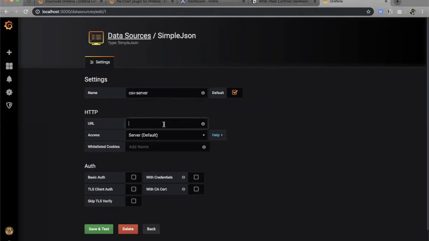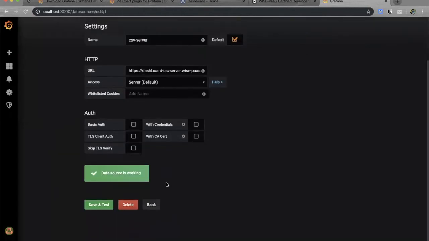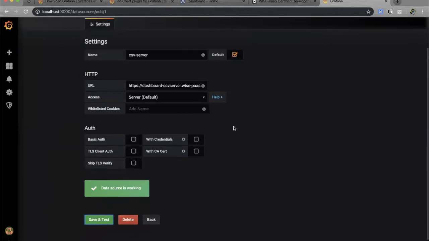And then paste in the URL in the slide. Okay, and then just leave everything else by default. Okay, and click save and test. Okay, now it's working. All right, we're not using the with credentials because we're running this data source locally. But after you finish all your development of the plugin and then upload your